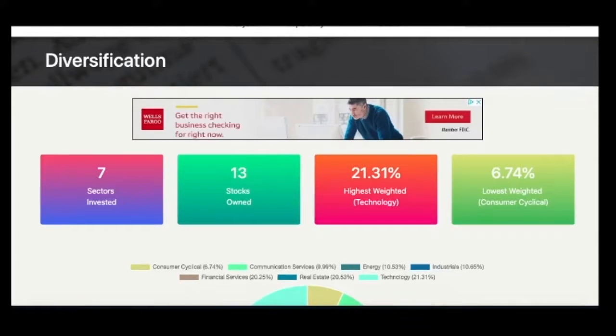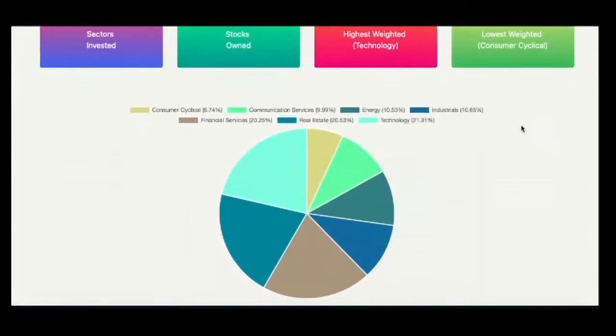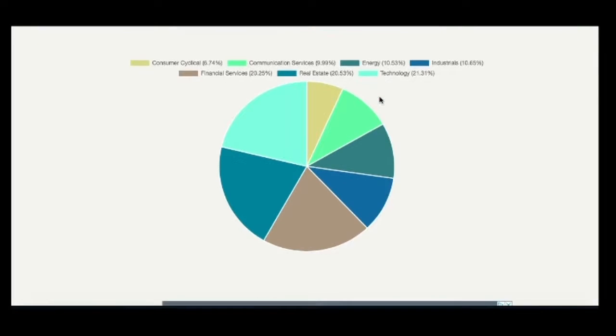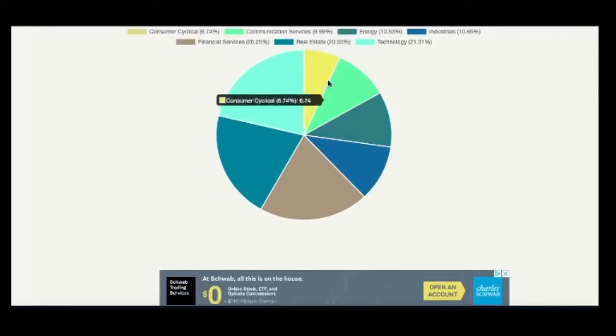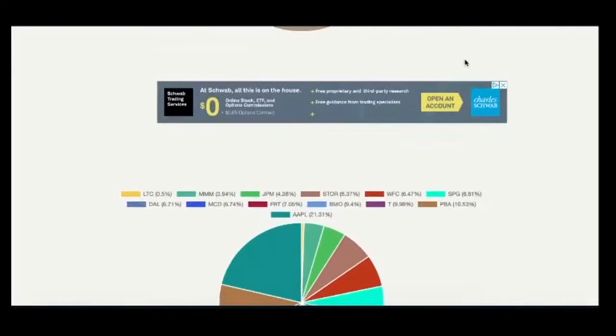So in free tools, I clicked on diversification. So it's going to show me what sectors I'm in. So we got 6% in consumer cyclical, 10% in communication services, 10% in energy, 10% in industrials, 20% in financials, 20% in real estate, and 21% in technology. Now, don't be coming at me because I know that I'm not diversified as well as I should be, as well as I could be,